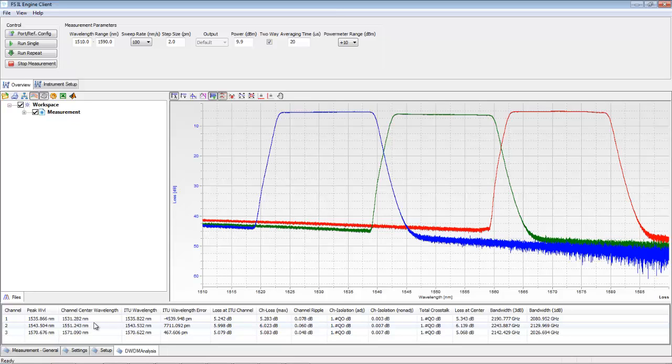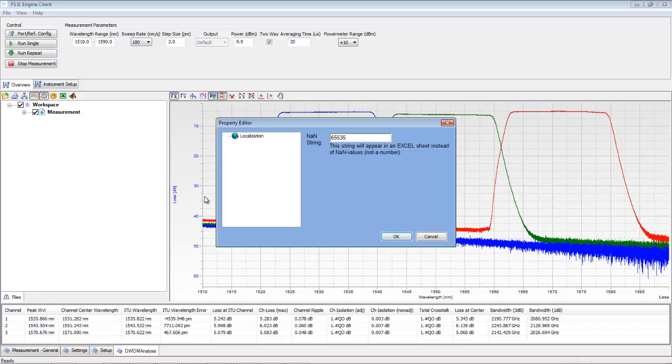And so the last feature that might be of interest is to export the data. So we're able to save the data as an OMR file and recall it back into the Fast Spectral Loss Engine client at a point in the future. We're also able to export the data that we see both to MATLAB and Excel. And so if I press Export to Excel,